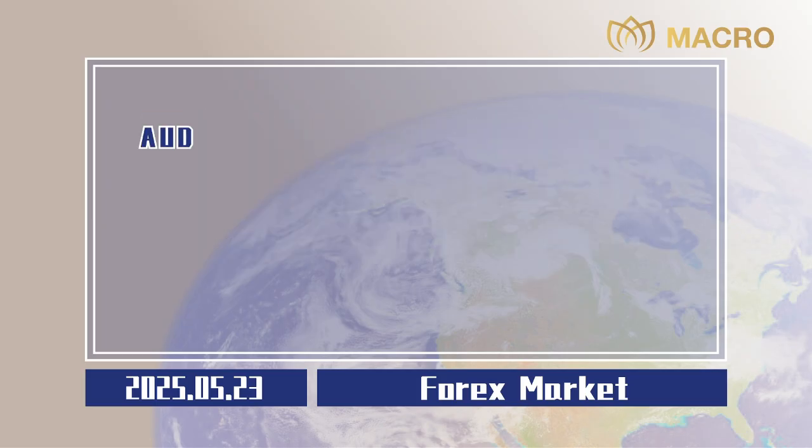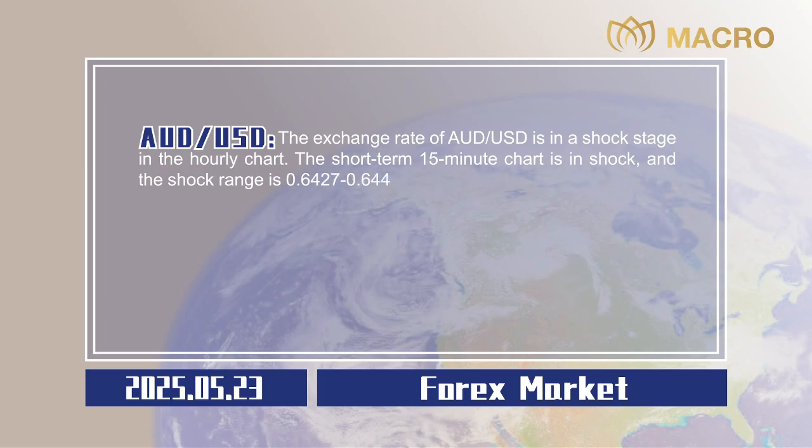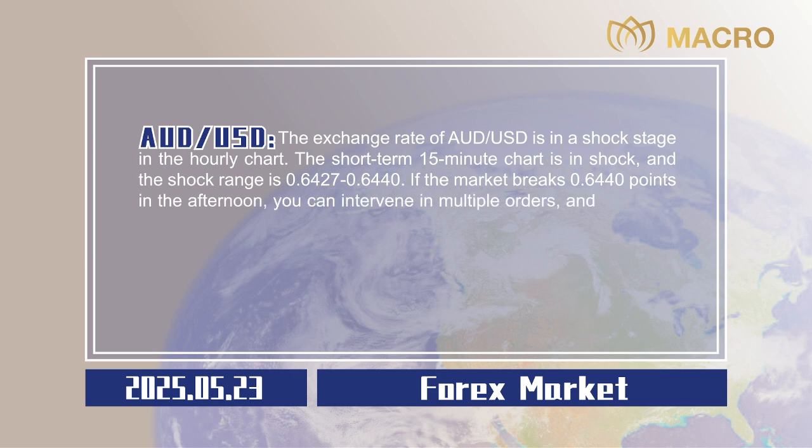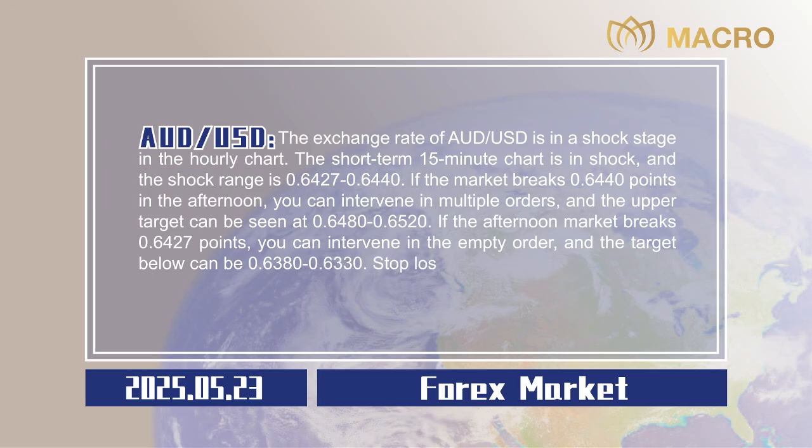0.0020. Australian dollar to US dollar. The exchange rate of Australian dollar to US dollar is in a shock stage in the hourly chart. The short-term 15-minute chart is in shock, and the shock range is 0.6427 to 0.6440. If the market breaks 0.6440 points in the afternoon, you can intervene in multiple orders, and the upper target can be seen at 0.6480 to 0.6520. If the afternoon market breaks 0.6427 points, you can intervene in the empty order, and the target below can be 0.6380 to 0.6330. Stop losses are all 20 points,